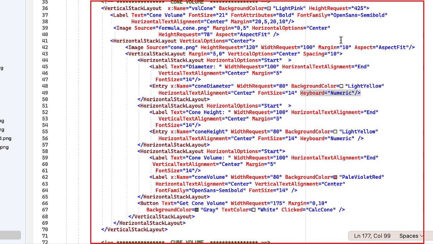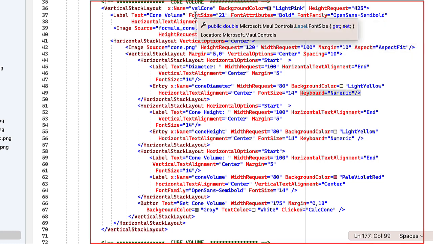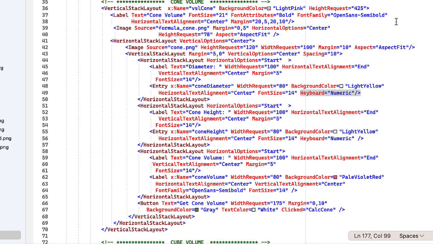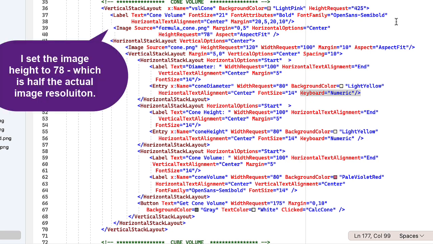So each of the 4 calculation areas is a vertical stack. So here's the one for the cone, a vertical stack, and I named it VSL cone. I gave it a height request of 425 and a background color of light pink to match the color of the image button for the cone. And I have a label that says cone volume, and then I put the image of the formula underneath that,